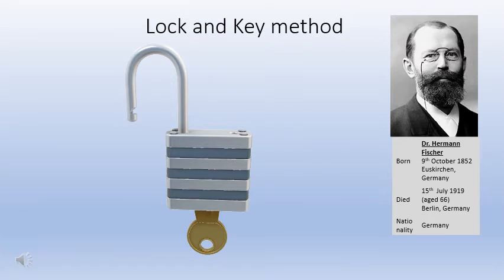Enzymes do this by being highly specific shapes that allow the substrate to fit directly into the active site, therefore speeding up the reaction. Ever heard of the lock and key model? Thanks to Dr. Hermann Fischer, who, in 1899, first theorized the lock and key model. This suggested that the enzyme and the substrate are specifically complementary geometric shapes that fit exactly into one another, meaning only the specific shaped key, in this instance the substrate, fits into the hole, this being the active site, as